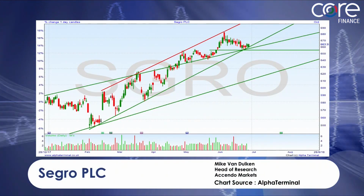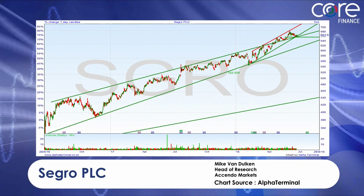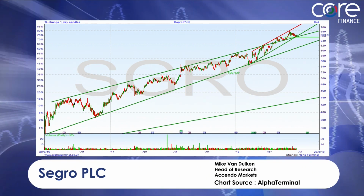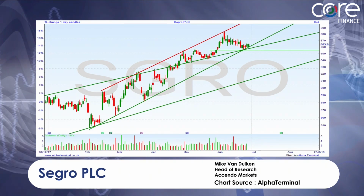Let's kick off with Segro PLC. This is a short-term chart. What are your observations? Well, you say short term, it's actually still 6 months. But I think if we can look at the other chart to show slightly longer term, just to show where we sit, we've been in that narrowing channel and thankfully it broke to the upside. So now if we could zoom back in again to look at that shorter 6 month,